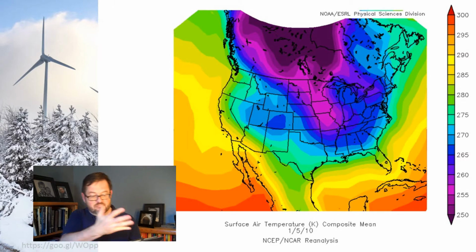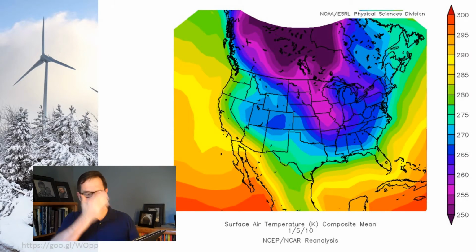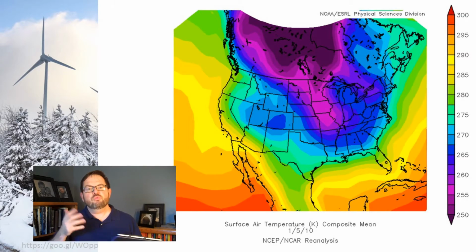Anyway, I pulled that one up just to illustrate that for any arbitrary day at any arbitrary time, you can find these analyses. All the available observations from satellites and surface stations and buoys at sea and all that kind of stuff have been assimilated into this nice consistent picture, which on 5 January 2010 was being used as input into the numerical weather prediction models to make forecasts of how the weather was going to change. But we can just use them for weather research now, and case studies and so on.